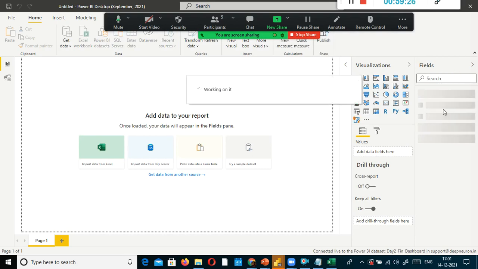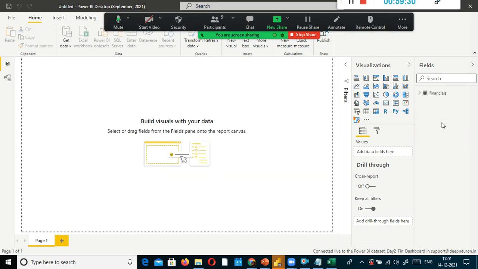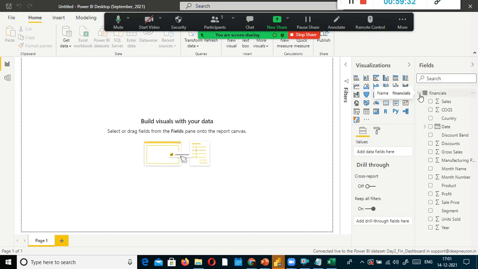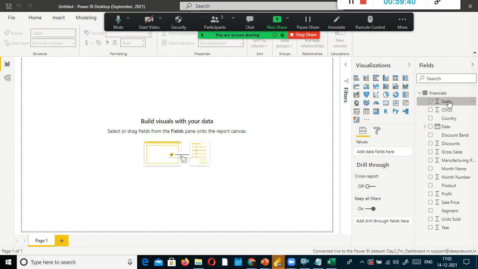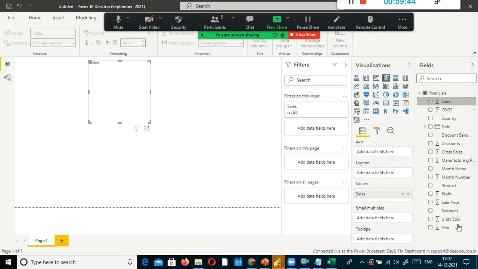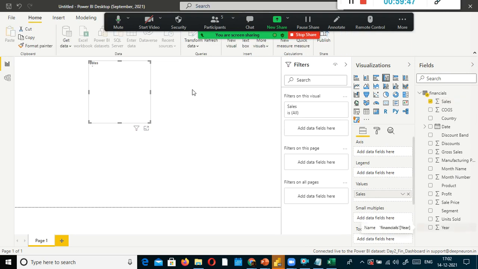It will get loaded from your Power BI datasets. It is available on your Power BI service cloud. Look here, this is the data file. I used it there, and here also you can see it. And here, when you select it, for example, drag and drop it, you're all set. So this data, I did not import it.